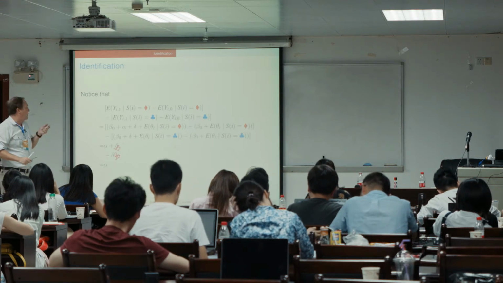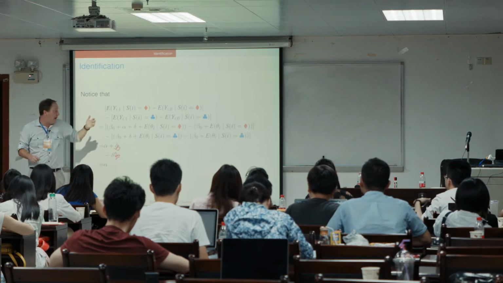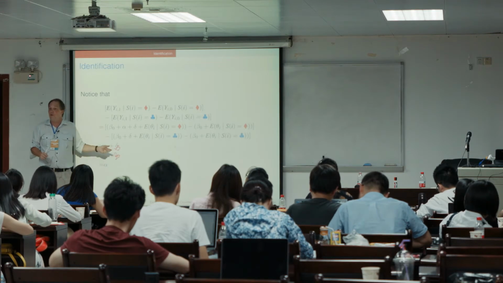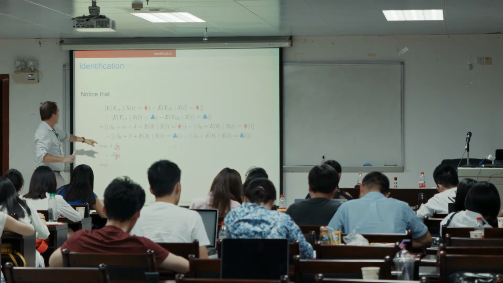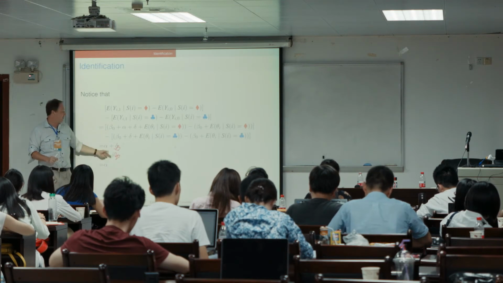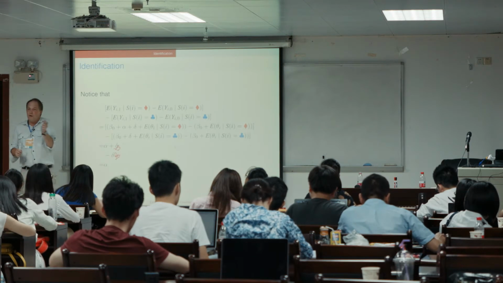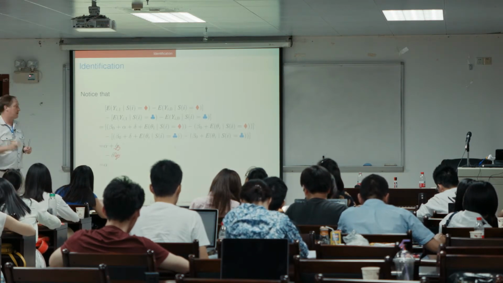Okay? So the diamonds don't have to look exactly like the clubs, in the sense that the levels can be different. They can have different levels of theta, but they have to have parallel trends. That is, the changes over time for the diamonds have to be the same as the changes over time for the clubs. Otherwise, you're going to get a bias here and this won't difference. Okay? So really the crucial assumption to get difference in difference to work is that the